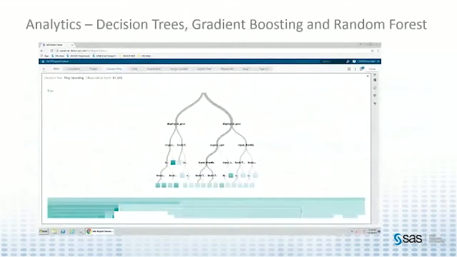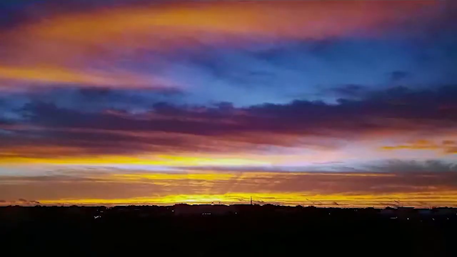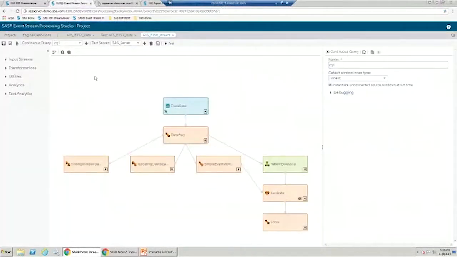Looking at behavioral analytics, I'll be going through just a couple of examples. One having to do with decision trees, another one with our pattern matching and our K-means. So let me go ahead and stop there and go over to our server image. Since we've been talking, some of my stuff has timed out here, but let's talk about what an event stream model looks like.